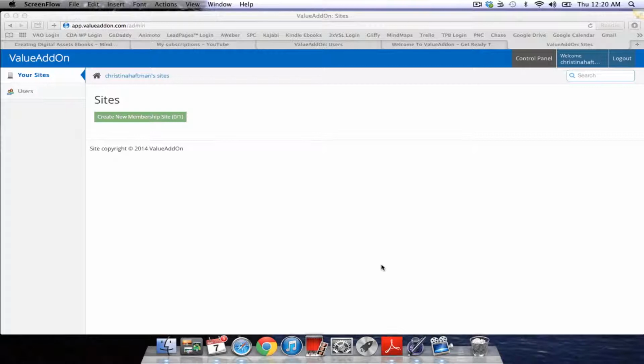Maybe the integrations with the autoresponder and the shopping cart might be the hardest thing for them to understand. But it's pretty simple and basic, and even on the front end for the members, it's really easy to navigate and find things. There's not a lot of distraction and a lot of bells and whistles all over the place.